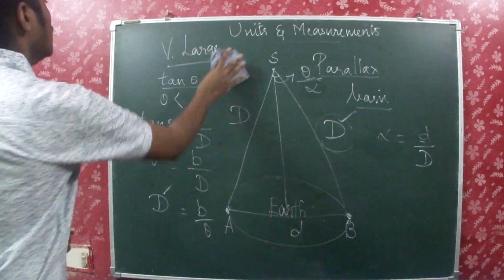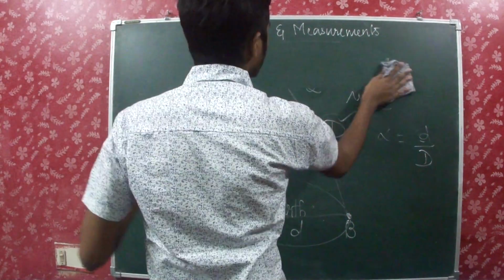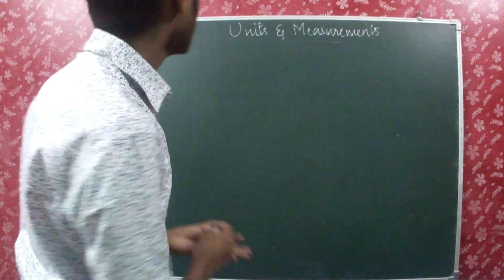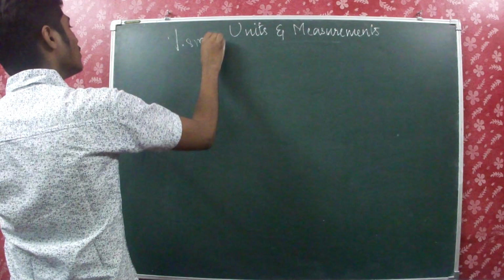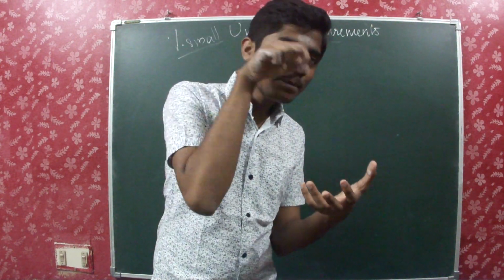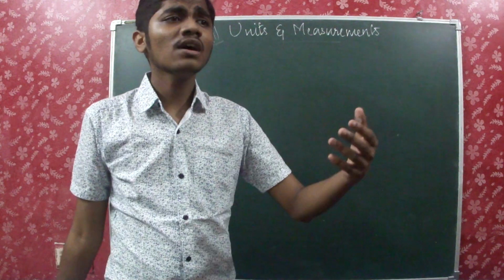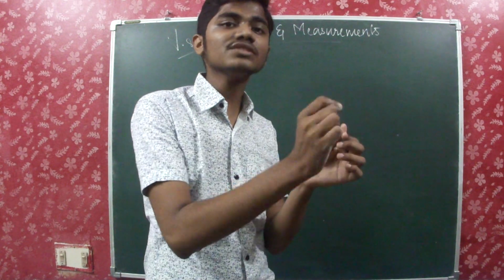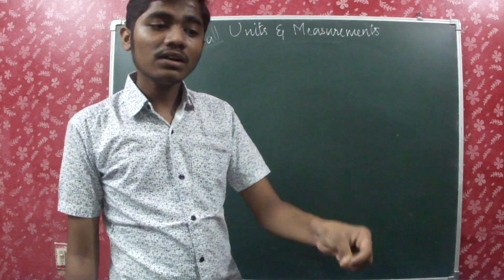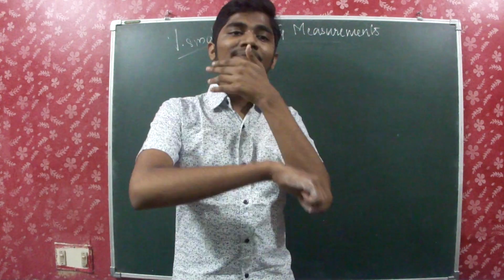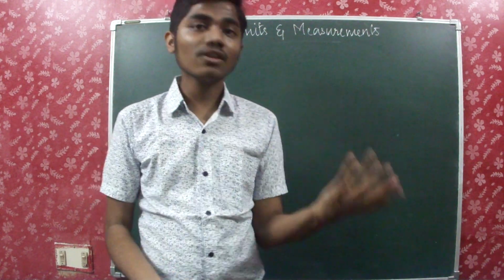Now we have learned very large, and now let's go to very small. I told you that we will be learning about the two extremes. So if we go to very small, it will be apt to say that we will be measuring the distances of atoms and nuclei. So we are getting deeper into what is inside the atoms and nuclei. So you can't use a screw gauge or a vernier caliper, because a screw gauge is just used for measuring the thickness of a wire or something, and it can't be done with an atom or a nucleus. Also, microscopes can't be used because there are a lot of limitations.